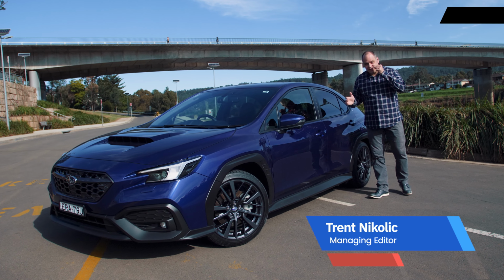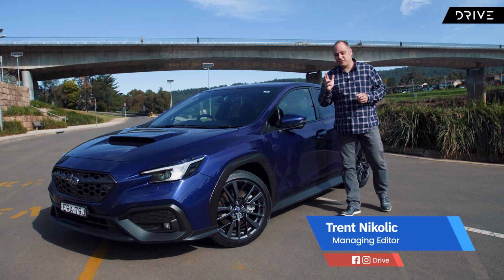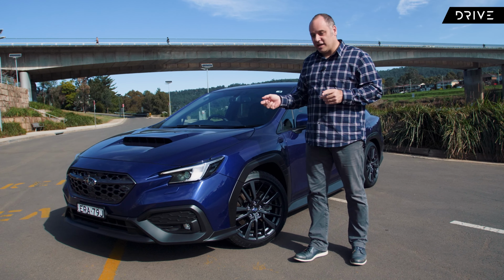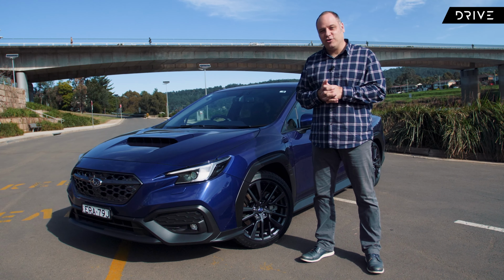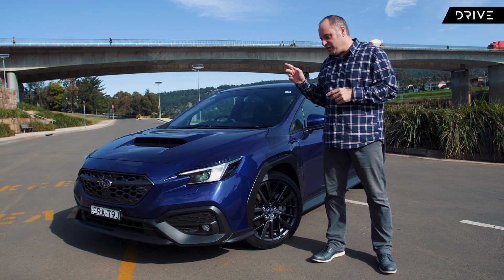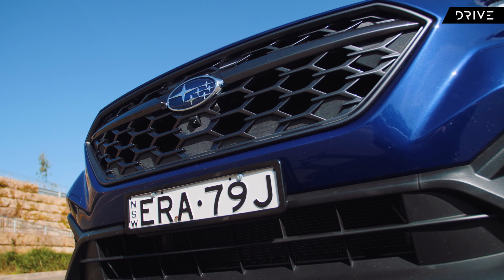If you're of a certain vintage and you're into performance cars, 3 letters are legendary: WRX. And that's exactly what this is, the new Subaru WRX. And today we're going to try to answer the question of whether this vehicle lives up to those 3 legendary